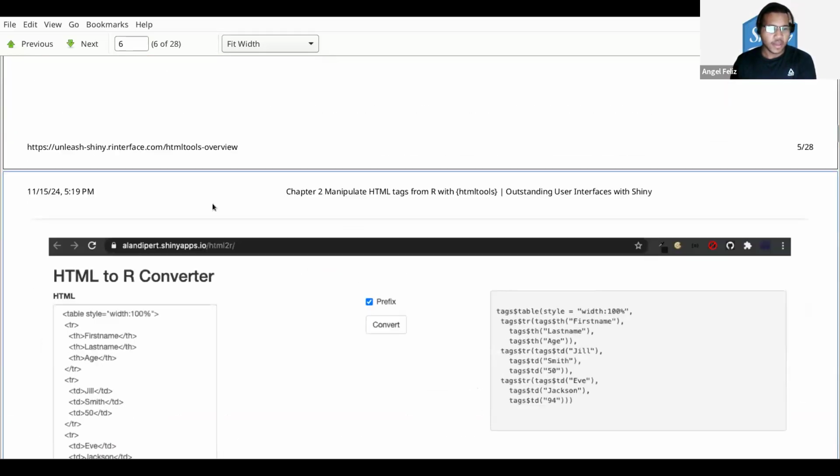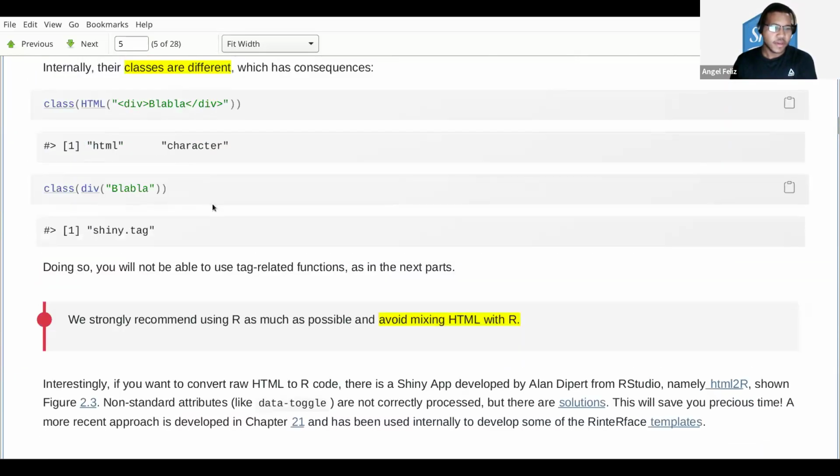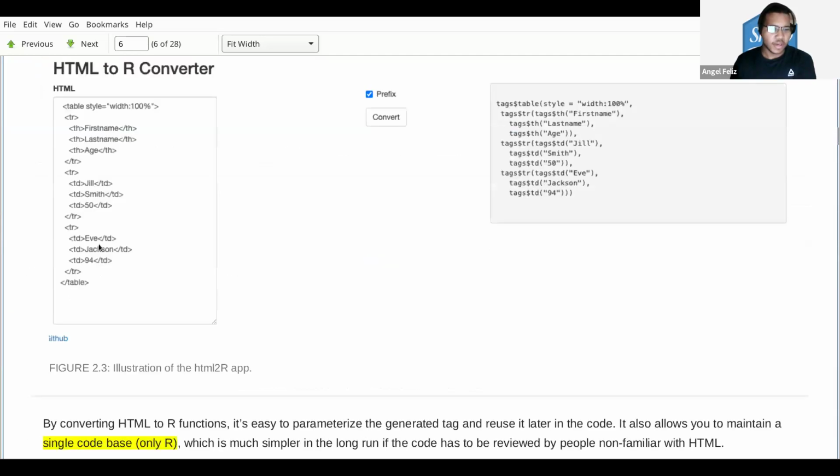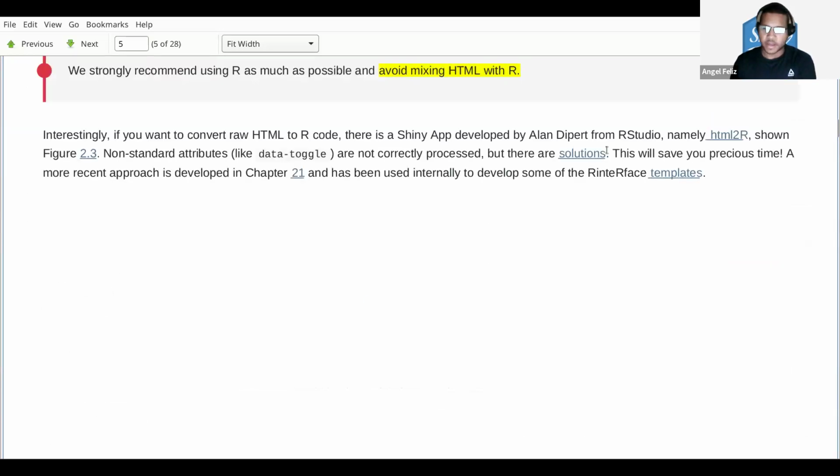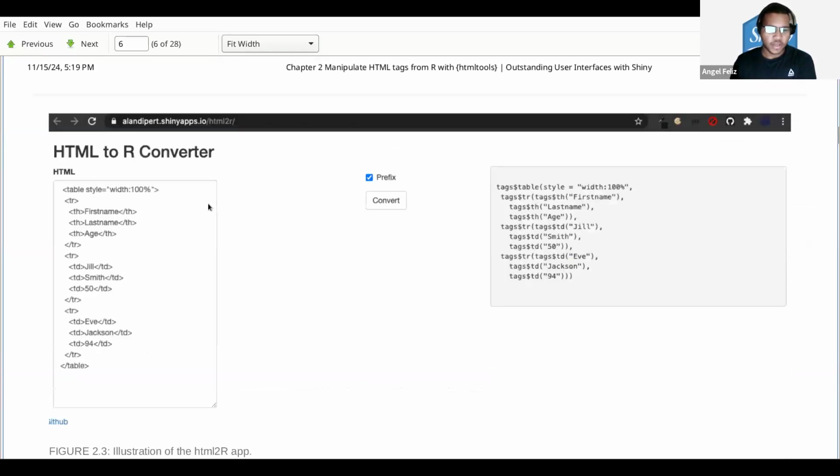Yeah, and also, if you have some HTML code that you need to work with, please use this Shiny app. It is in this package. Oh, it's a page, I'm not sure about it. But use this interface, this Shiny app,